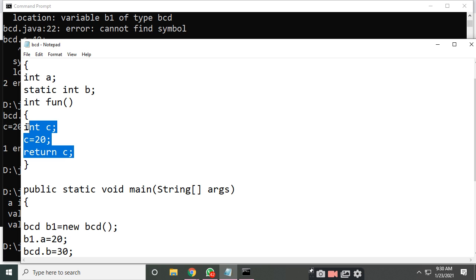They are available only to the function in which they are defined. We cannot access the value of the local variable outside the function.